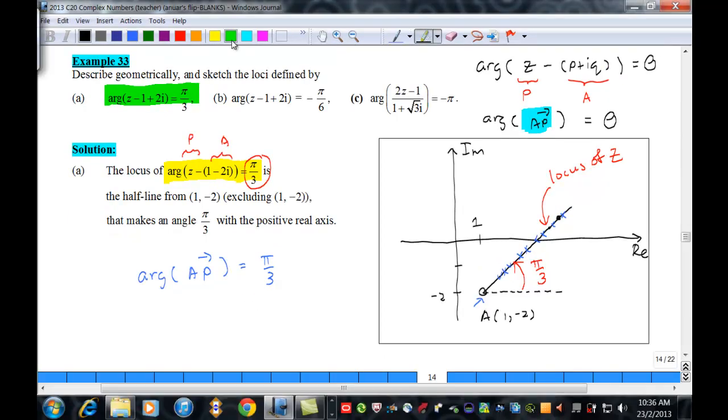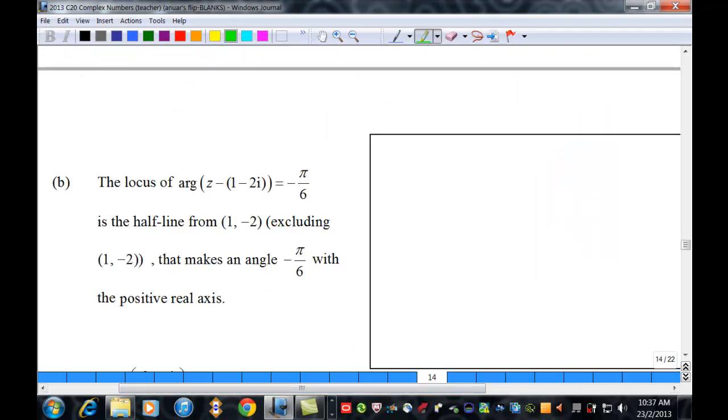Alright, let's take a look at the second example, example 33b. So the equation given is as so. The locus of the half line given, we need to actually write it out in the standard form. So the standard form is this, right? So we do take note that the